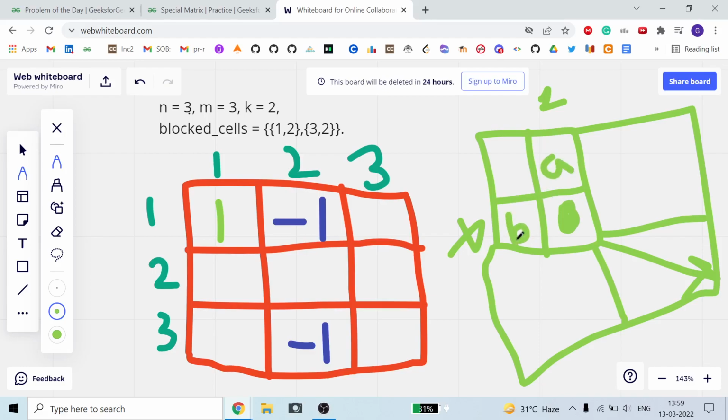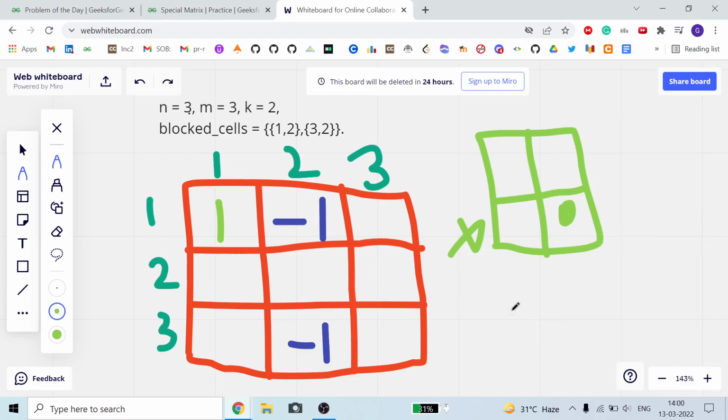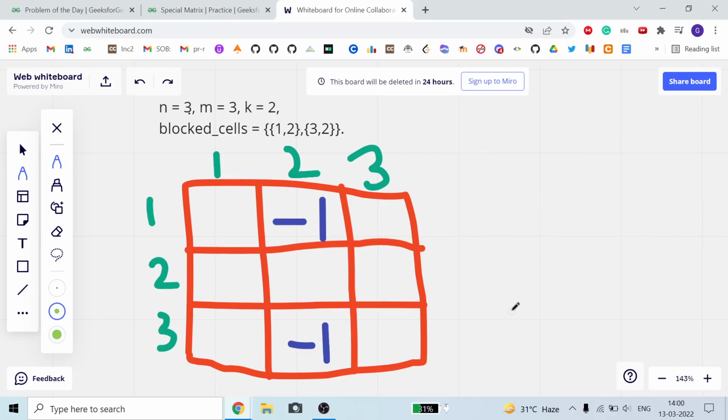So the total number of ways we can reach here from the up direction, plus the total number of ways we can reach this x y from the left direction, is a plus b. We can reach here from above and from the left, so a plus b is the answer. So initially we have only one way of starting the path journey.